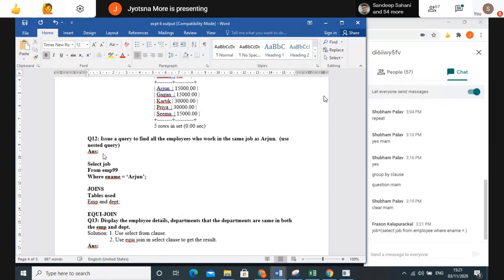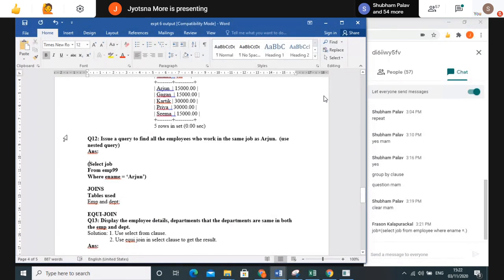Fine. So this is my innermost query which I have written. Forget about the quotation right now, I am not completing it. From this query I will get the job of Arjun. Job is equal to select job from employee where e-name equals so and so.